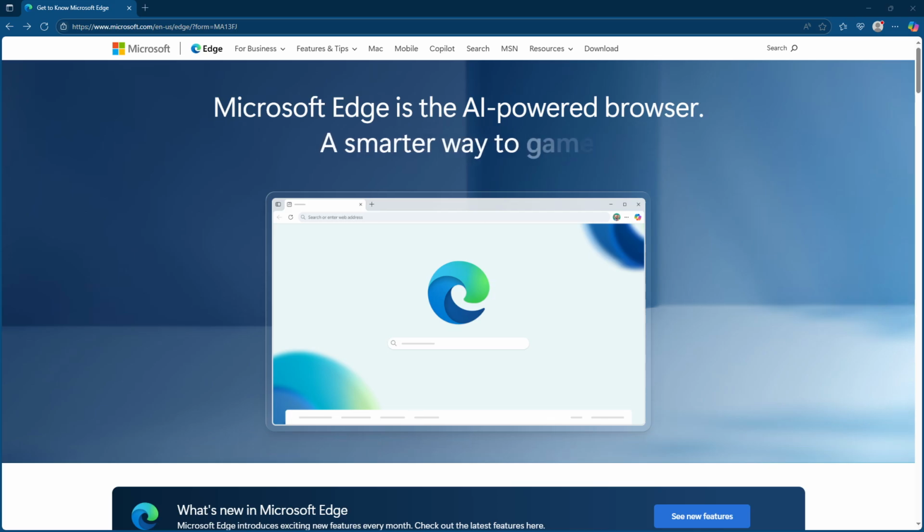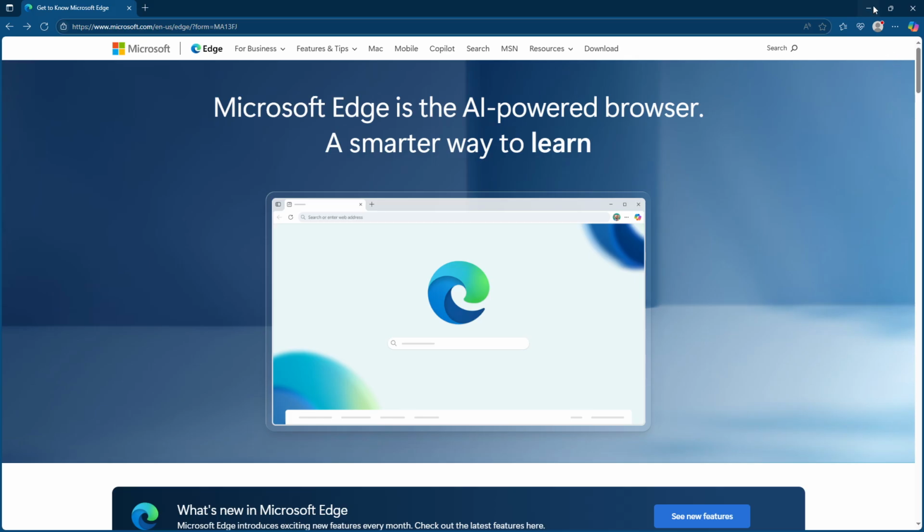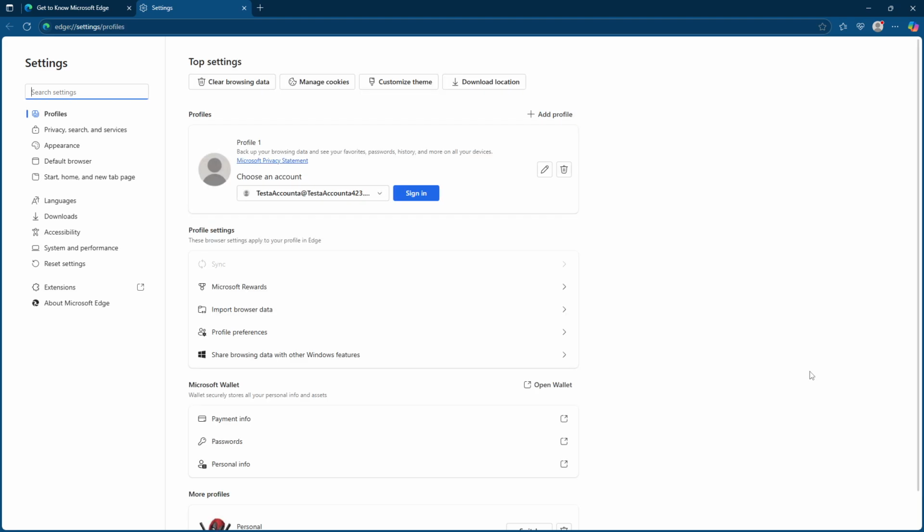To begin, we need to open the Microsoft Edge browser. If it's not already on your taskbar, you can easily find it by typing Edge into the search bar on your Windows taskbar. Once it's open, direct your gaze to the upper right corner of the window, where you'll find the three-dot menu, often referred to as the More Options menu. Click on these three dots, and a drop-down menu will appear. From this menu, you want to select Settings, which will open a new window or tab within Edge detailing various